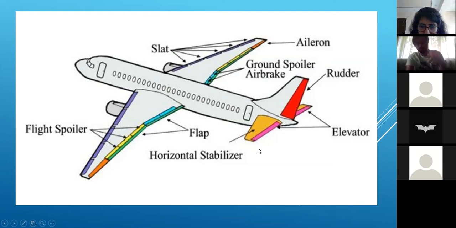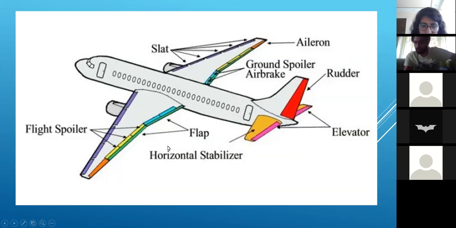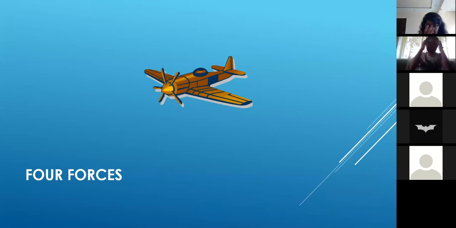Stabilizer is a different concept. It's essentially the entire surface moves as an elevator. Normally, like you've seen here, the elevator is only the back of the surface, not the whole surface. If you have a stabilizer, the entire surface moves as the elevator. That's the only difference in the two. So, coming to your question, Aditi,